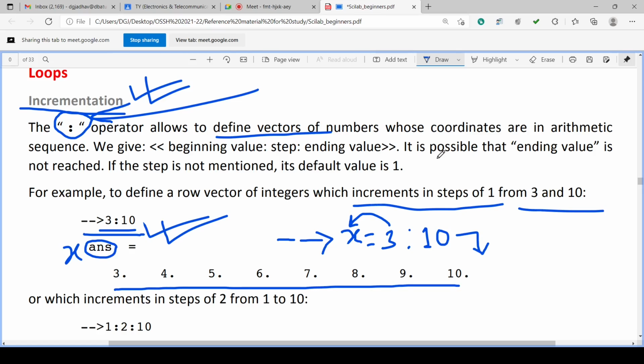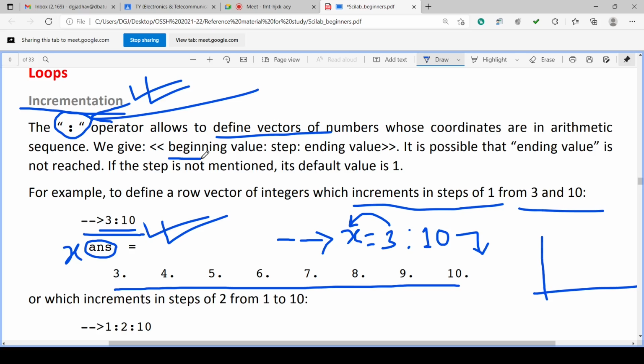So if you want to plot a graph maybe from 1 to 12 for 12 months, or 1 to 7 for 7 days of the week, or maybe from 1 to 10, or from 0 to 255, or maybe from minus 15 to plus 15, then you can define this x with the vector. Also you can define y with a vector, and then you can plot the graph. We can use this number for coordinates, etc., as a sequence.